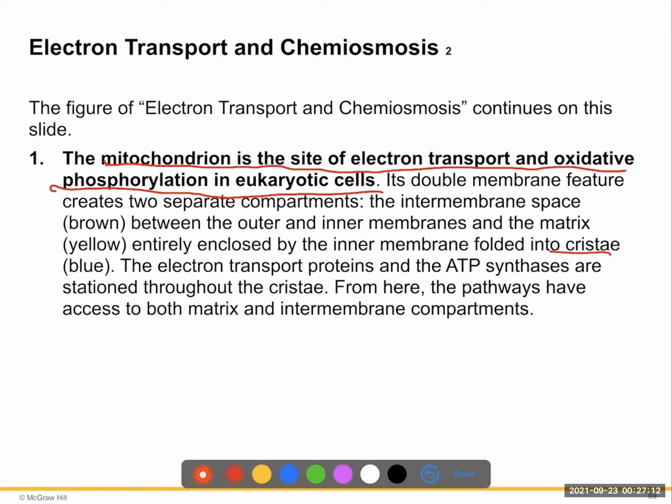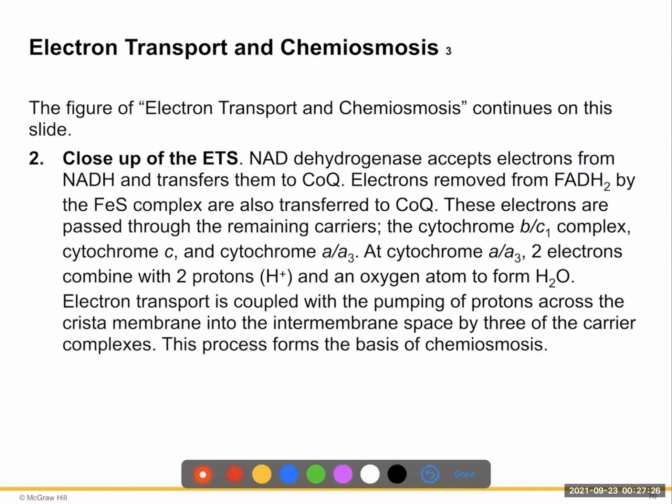Electron transport proteins and ATP synthase are stationed throughout this cristae, these folds in the mitochondria. And here, the pathways have access to the matrix and the intermembrane compartments. So you can access both areas of it. Okay. In the electron transport chain, NADH dehydrogenase accepts electrons from NADH, so it goes back to NAD, and transfers them to coenzyme Q. Okay. Electrons are removed from the FADH2 by the complex and then transferred to the coenzyme Q, inside the electron transport